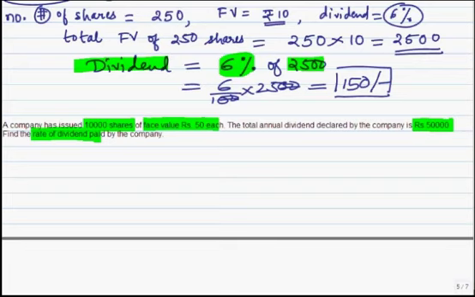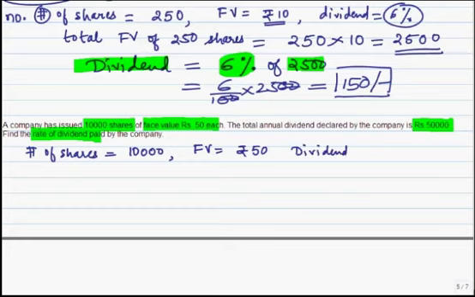So let us do it once again. First write down what is given. First thing to write down is how many number of shares. So number of shares is 10,000, four zeros, and face value is rupees 50. What else is given? Total dividend offered by the company is equal to rupees 50,000. What is asked? What is the rate of dividend?